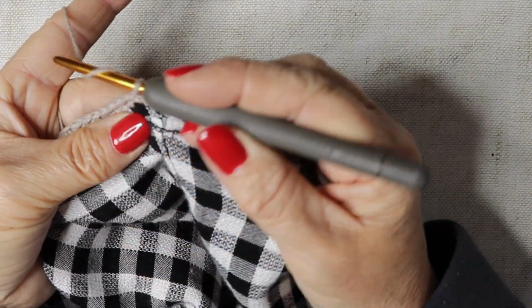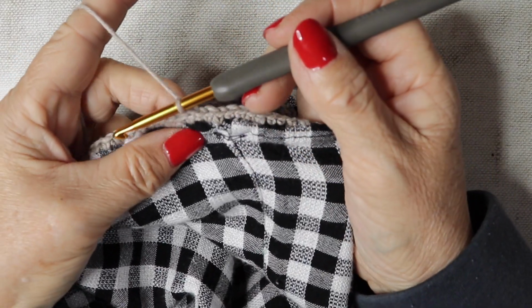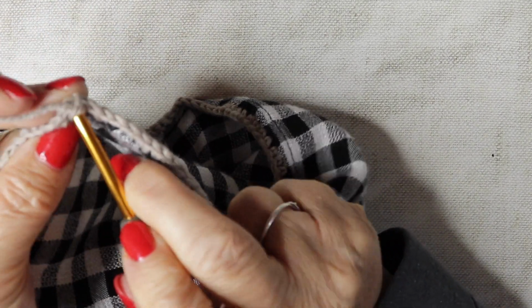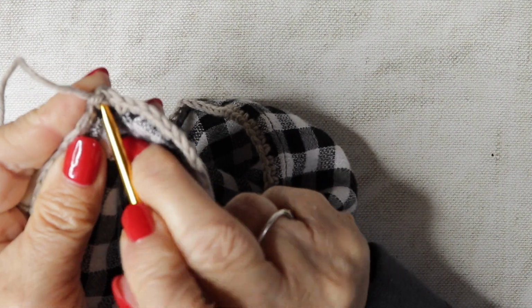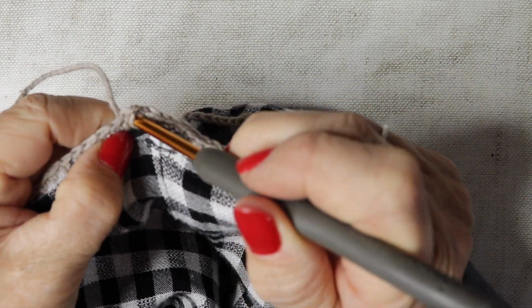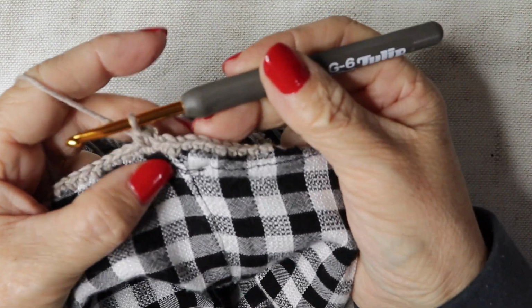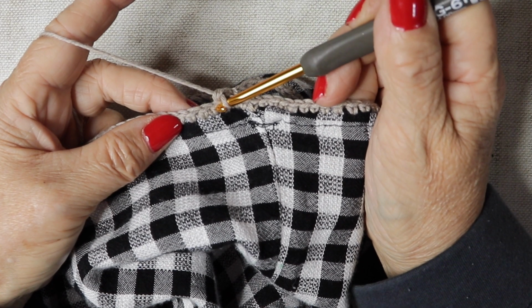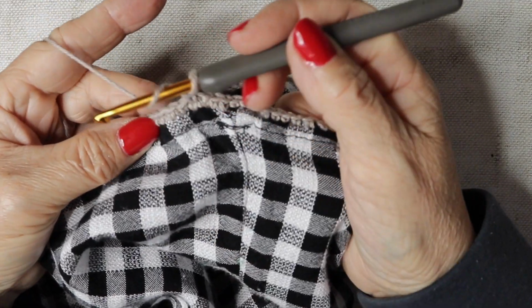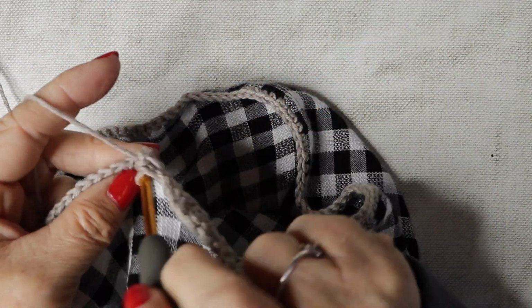So for the first round, we're just going to chain one, and then down into that first stitch. It may be a bit tough to start with. Double crochet. We're going to skip 2, 1, 2, and down into the third we're going to insert our hook, work 5 trebles,